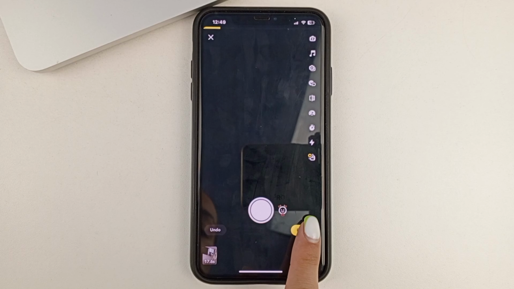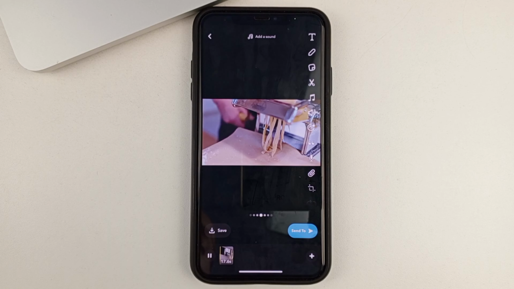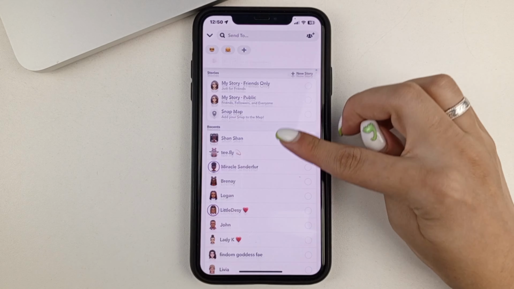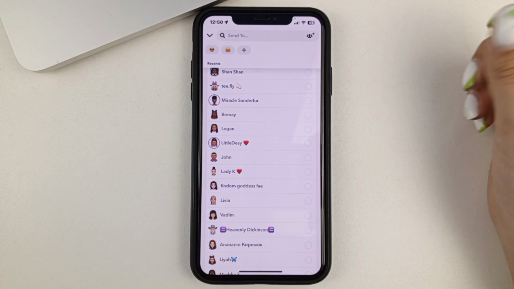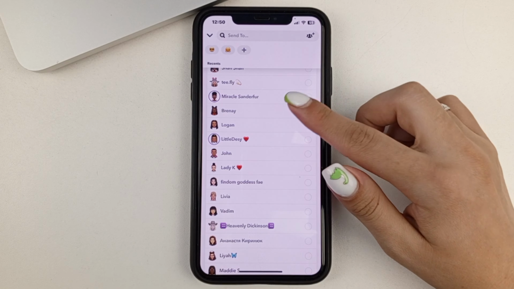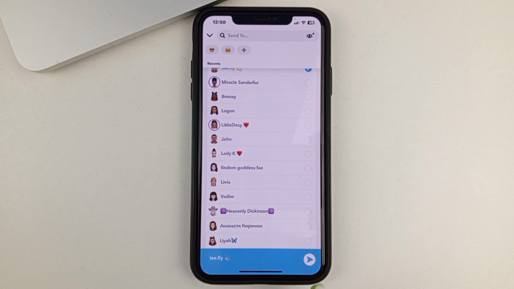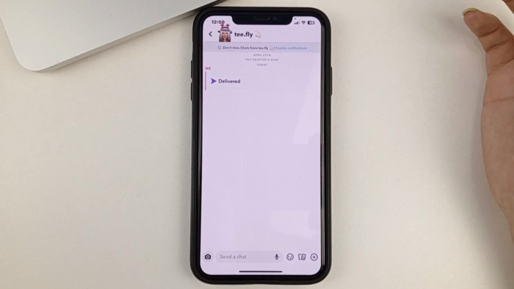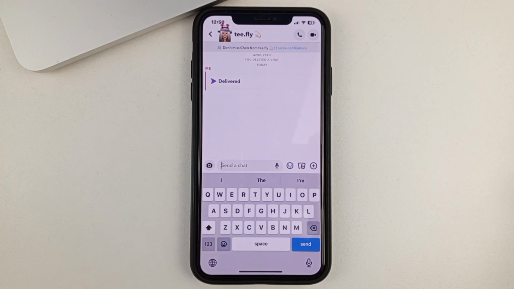Now preview. And then click send. And now you can select someone you'd like to send it to. And as you can see, you can make sure that this video, it's not sent as a video, it's sent as a snapshot to a